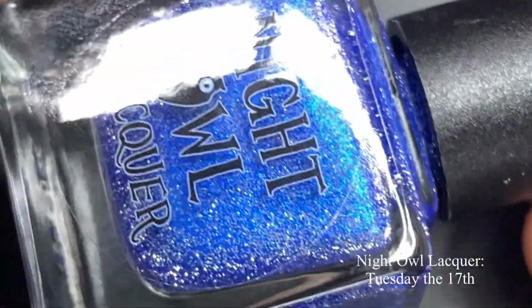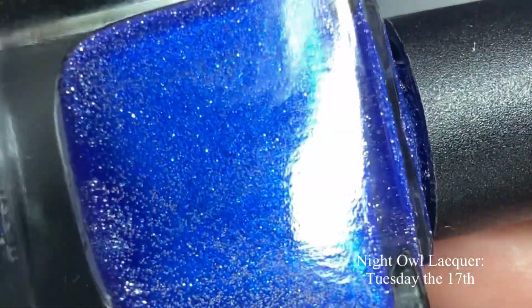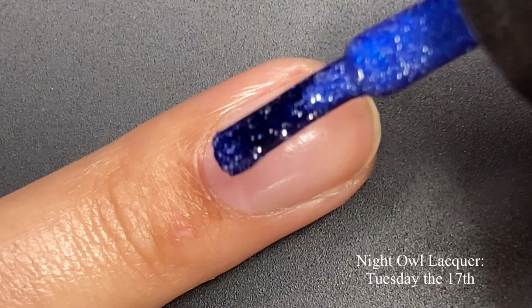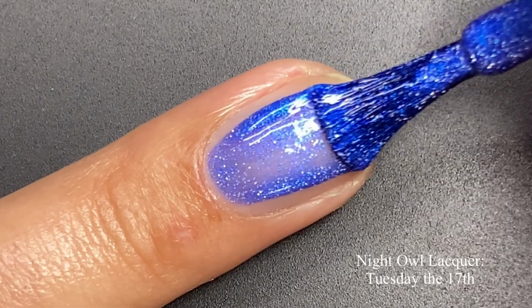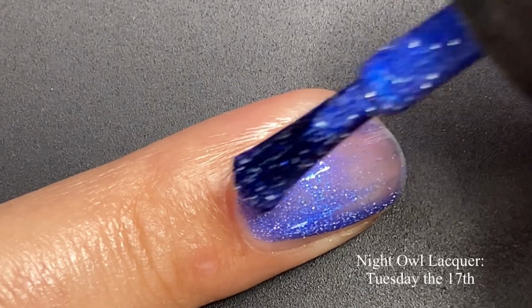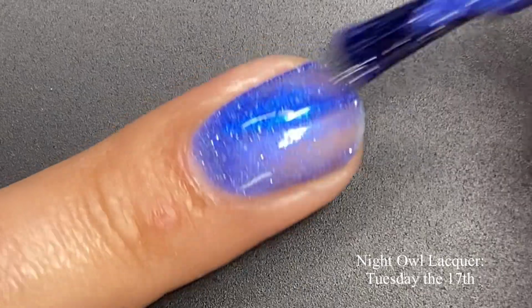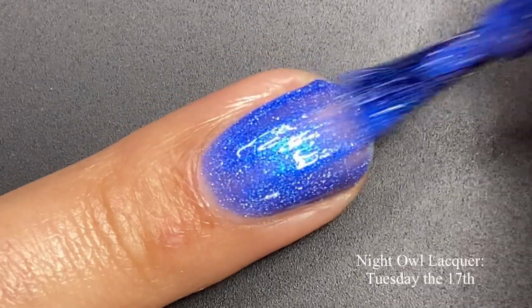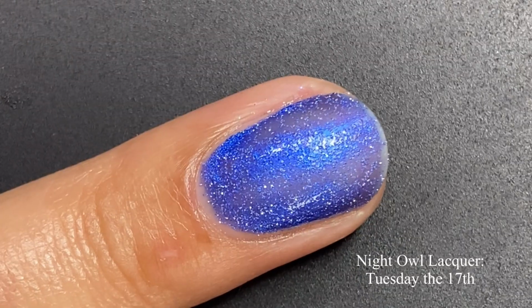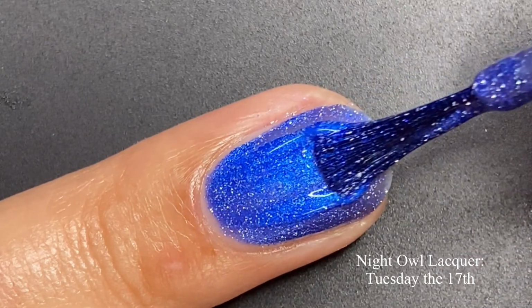And the last polish I have to share with you all is from Night Owl Lacquer, and this is Tuesday the 17th, priced at $13, and there is no cap. This one's inspired by the episode of the same name from Lindsay's all-time favorite show, Psych. So Lindsay is the maker of Night Owl Lacquer. This one is described as a cobalt blue base, glowing with shimmer that shifts electric blue, sapphire, violet, and sparkling silver